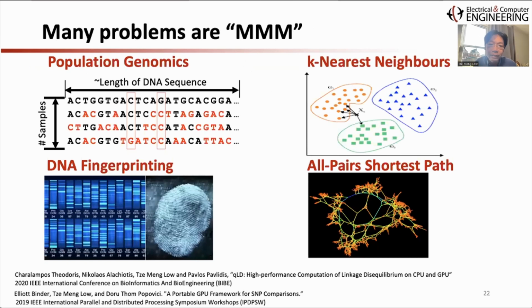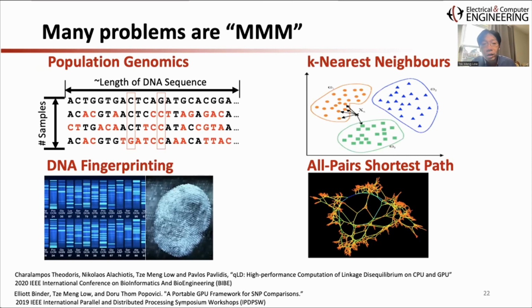I've talked about FFTs, but really many problems are matrix multiply in nature. And many of these problems that look like matrix multiply are applications in newer domains like computational biology, machine learning, and graph algorithms. Many of them can be written with a triply nested loop. It may not be efficient, but you can write them that way. But since they can be written as matrix multiply,